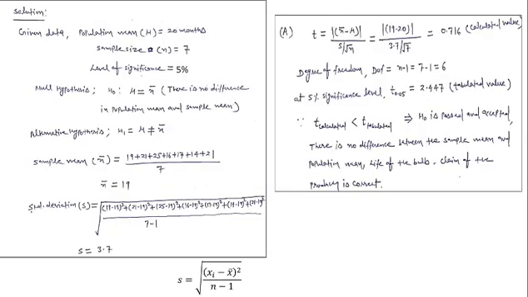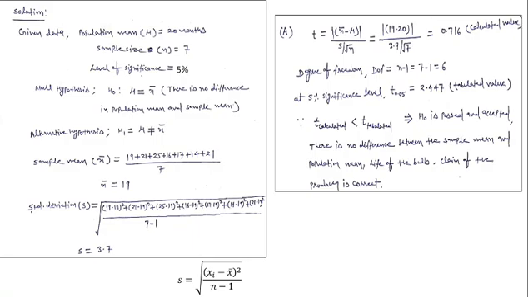Now we see what the given data is. The population mean is 20 months, the sample size is 7, and the level of significance is 5%, at which we have to test the null hypothesis. So what is the null hypothesis? Mu equal to x bar. So we can say that there is no difference between the population mean and the sample mean. It means the claim of the producer is right. And what will be the alternative hypothesis? That will be just opposite to the null hypothesis: mu is not equal to x bar.